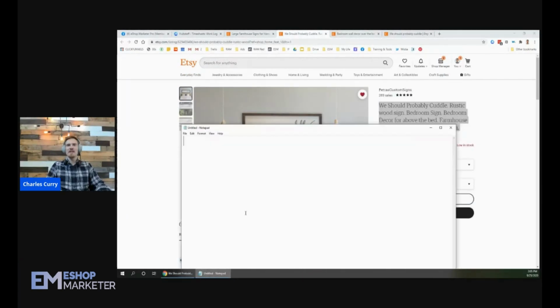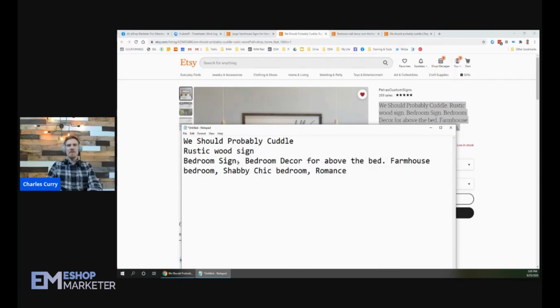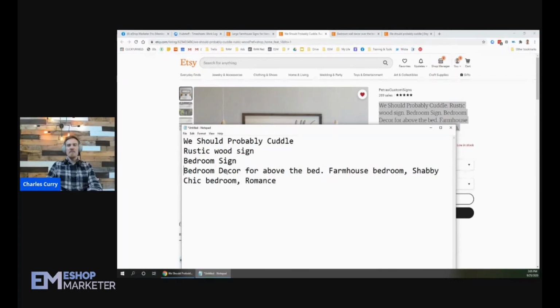If we break this down, we've got "we should probably cuddle," "rustic wood sign," that's a good one, "bedroom sign," that's a good one, "bedroom decor for above the bed," there we go, that's the keyword we were just looking at, "farmhouse bedroom," "shabby chic bedroom," and of course, "romance." Can't go wrong with the romance. So my suggestion